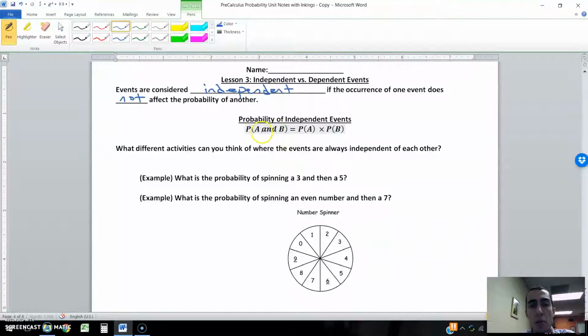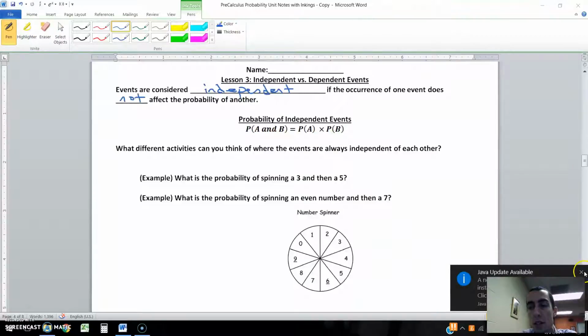And the way that we find the probability of two independent events happening,